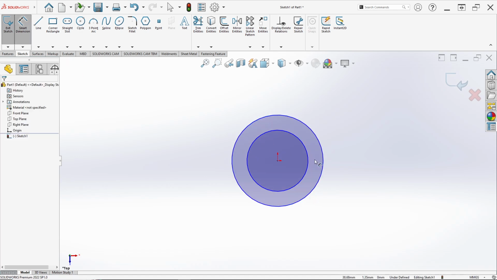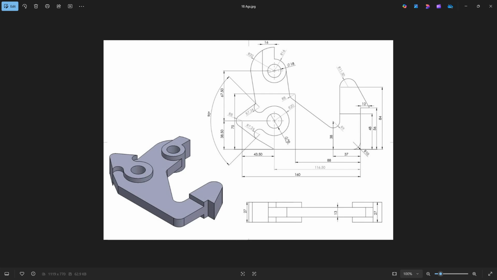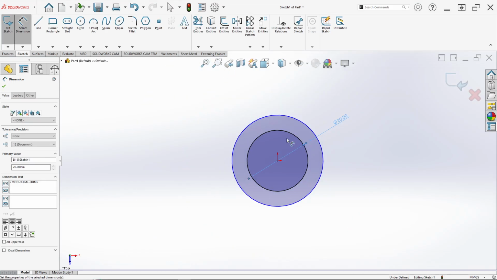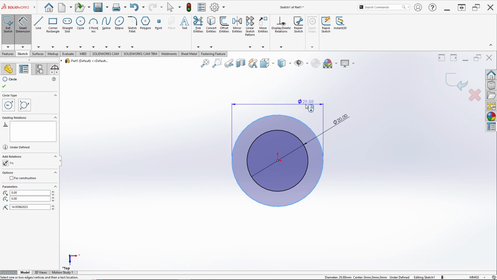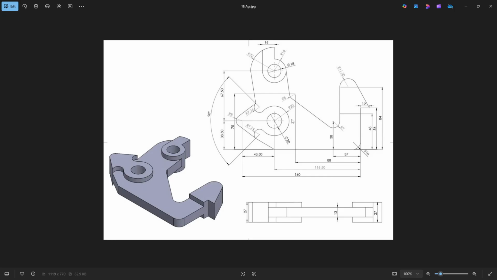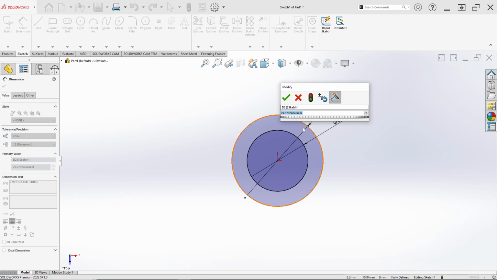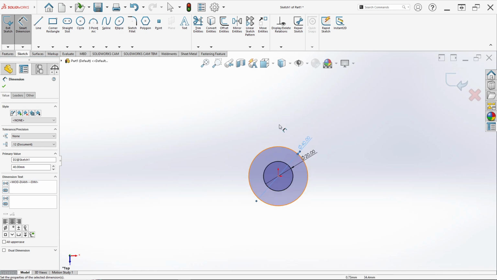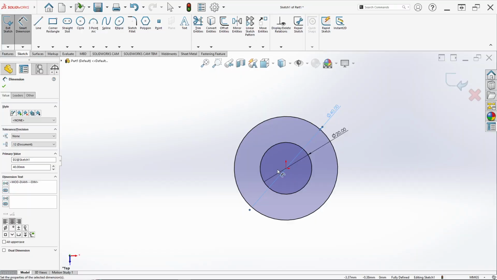Then set the dimension. The first circle has a diameter of 20 millimeter. Then the second circle has a radius of 20, so the diameter is 40 millimeter like this. After that we can see in here,